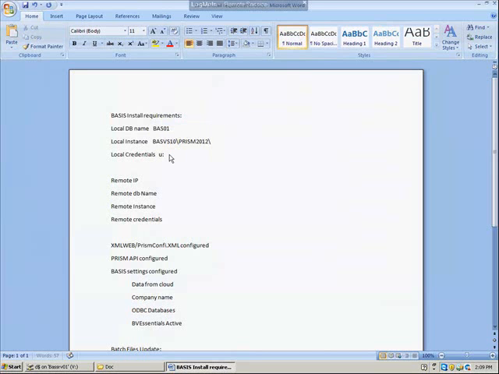The user is going to be SA and the password is going to be prism 12345 number sign. And the remote IP actually is the bus demo. So this is not going to change too often. And the remote DB name is also bus01. The remote instance is